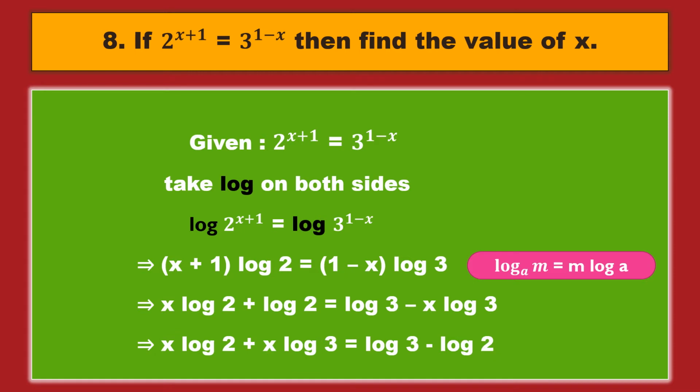So I send this minus x log 3 to the left side, it became plus x log 3. Whenever minus is sent to the other side, it becomes plus, right? If plus is sent there, it becomes minus. I want to find out x, so whatever x terms are there should be written on one side. Here log 3 will be here only, so I wrote it as it is. Here plus log 2, when it is sent there, it becomes minus log 2. Let us go to the next slide for the continuation.